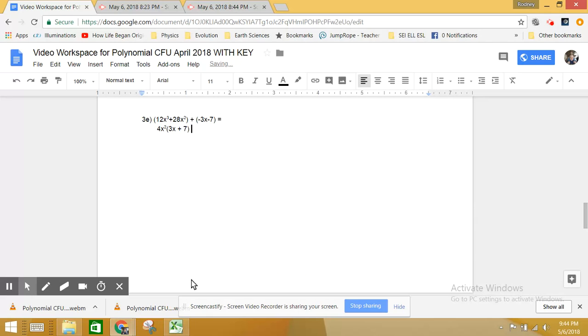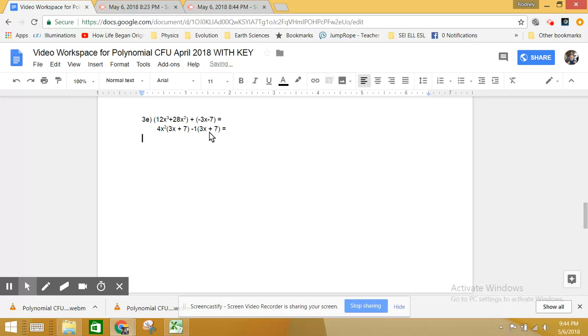Now, I'm going to look and see what I've got over here. This other part, negative 3x minus 7, looks an awful lot like 3x plus 7. If I factored a negative 1 out of both of those, I end up with this. So I'm going to factor a negative 1, and I'm going to be left with positive 3x plus 7. So now I have the same factor here and the same factor here. And I can use the distributive property to say, this is times this, and it's also times this. So overall,